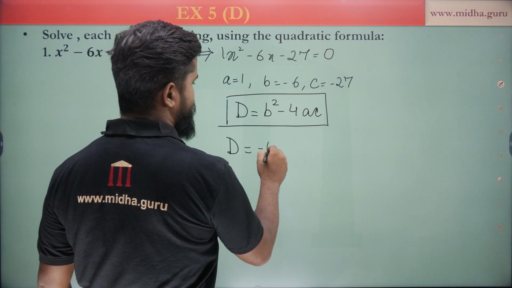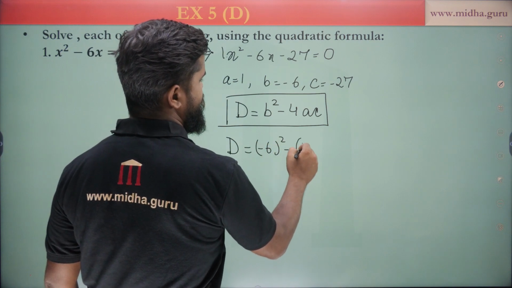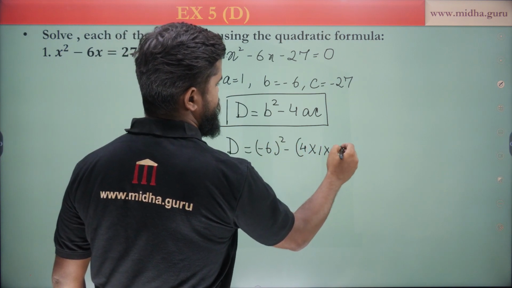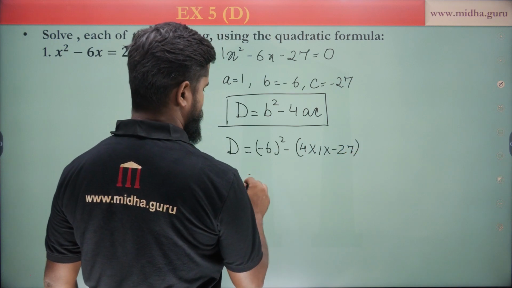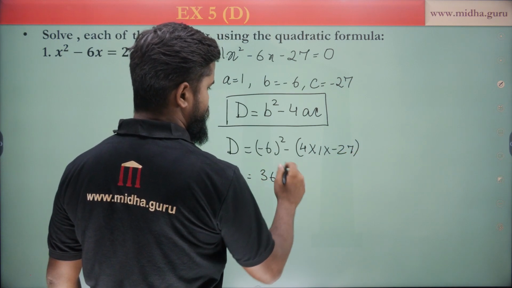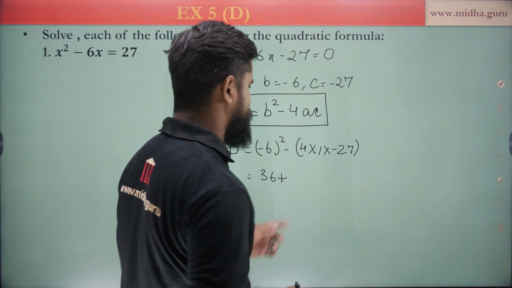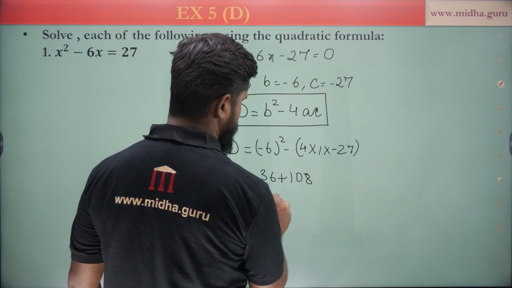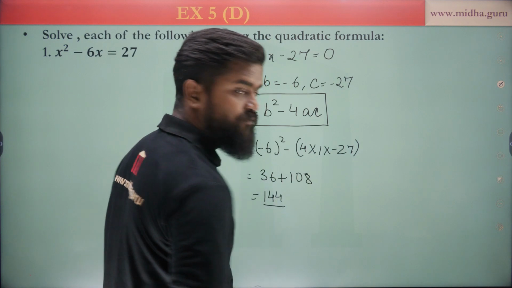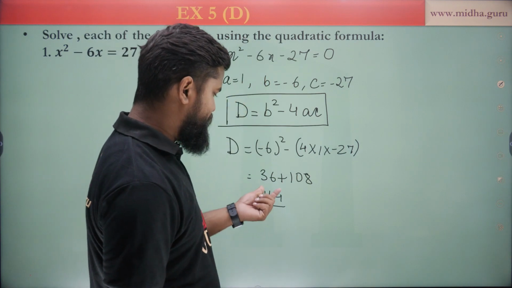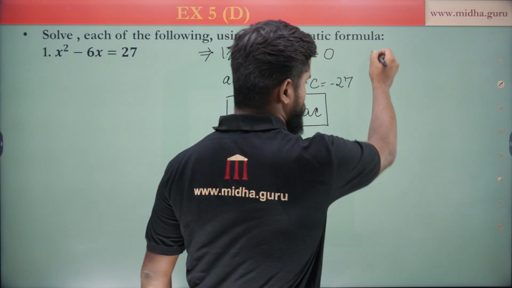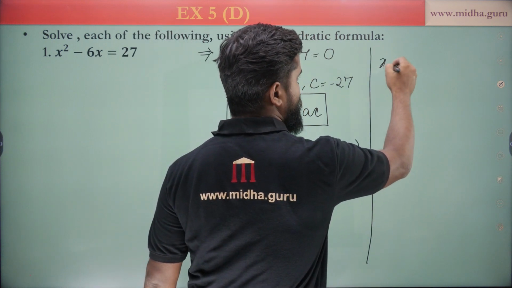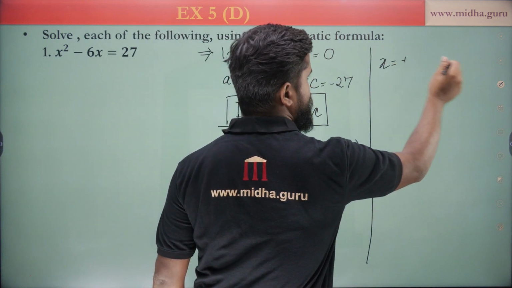So b square, that is minus 6 squared, minus 4 into a is 1 into minus 27. So we'll get 36. Minus and minus will become plus, 27 into 4, 108, plus 36, this will be equal to 144. Now we'll apply this value of d into the quadratic formula, which is that x is equal to,